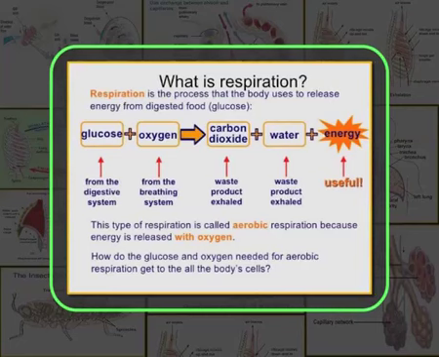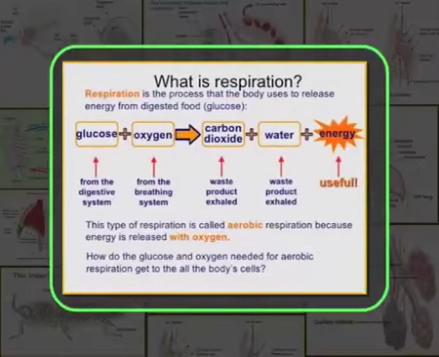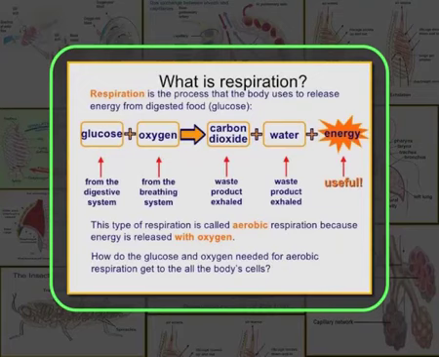So, respiration is a process that the body uses to release energy from digested food, and the digested food here is glucose. So, we can have an equation of glucose with oxygen leads to the production of carbon dioxide, water and energy is released. So, from where we are getting glucose? Glucose we are getting from the digestive system, oxygen we are getting which we take in during breathing, then carbon dioxide is the waste product, water is also the waste product, and these two are exhaled